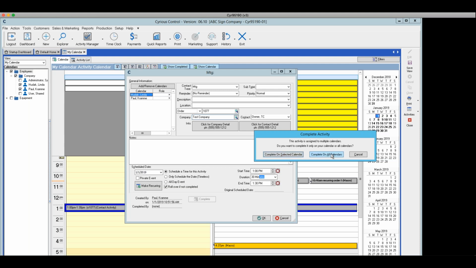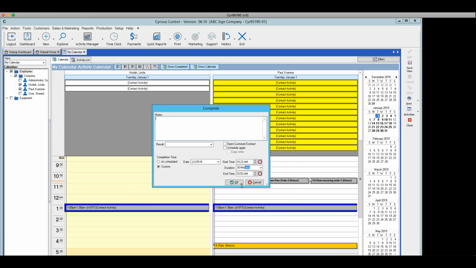So let's say that the meeting was scheduled, it happened, and now it's completed. And we're going to indicate what time we started. And let's say that we started at 1 and we finished at